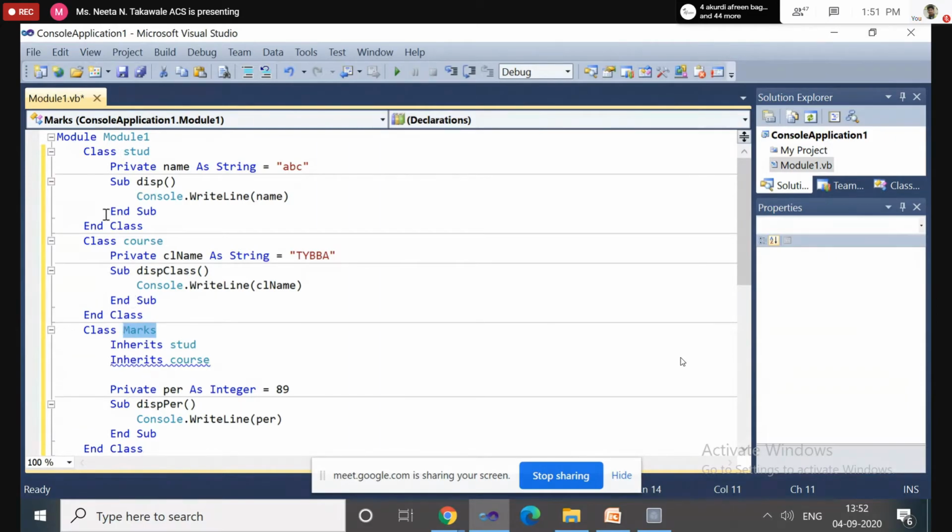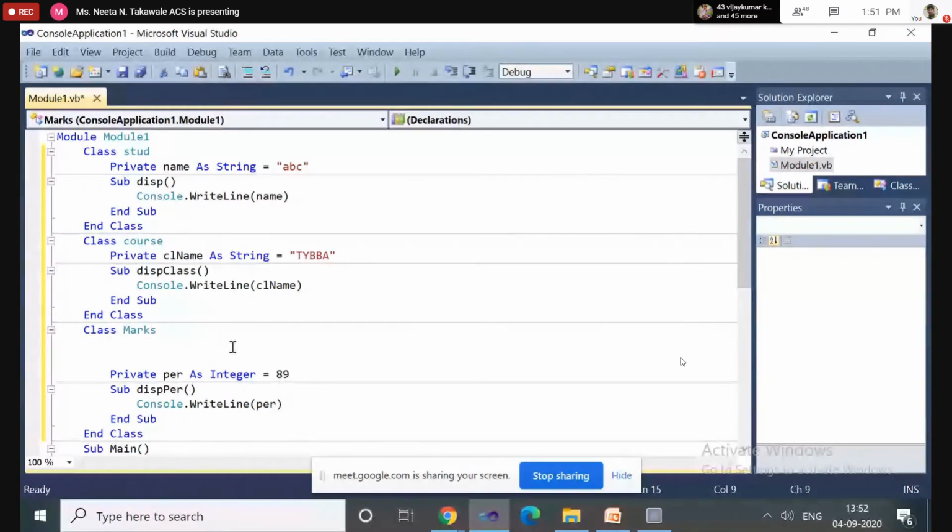So here, I want to declare Marks as the derived class. It should inherit the Student class and the Course class. So I am declaring the Student and Course classes using the interface keyword, instead of the class keyword.